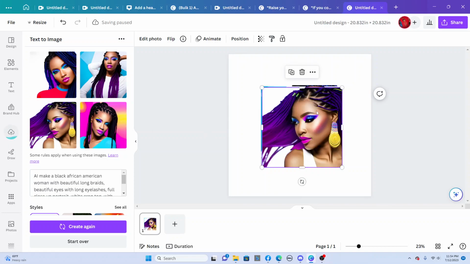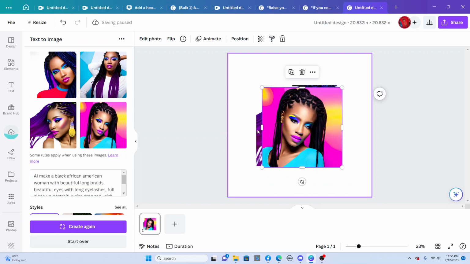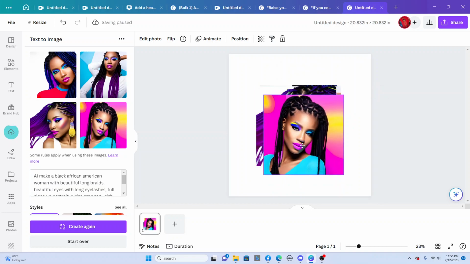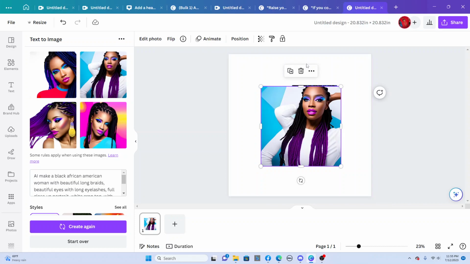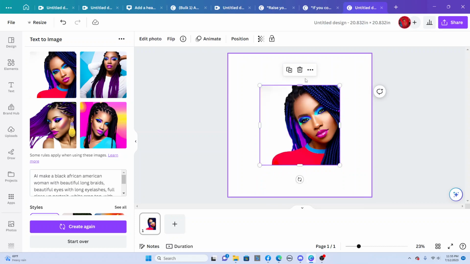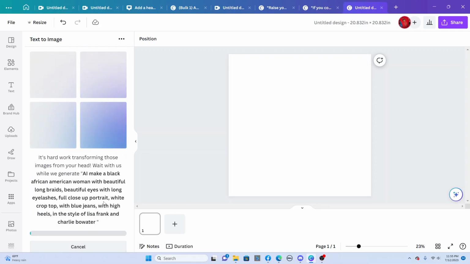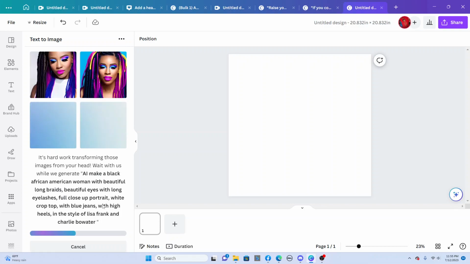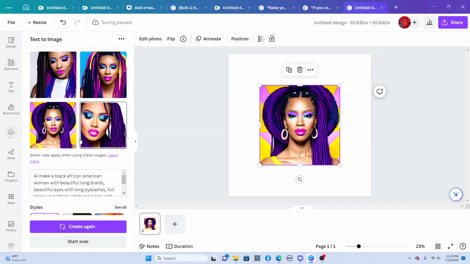This one is okay, but it's cut off as well. And this one is almost a full portrait. Yes, it is. Okay, so what you can do is keep trying because it'll get better. It definitely gets better. So let's create again